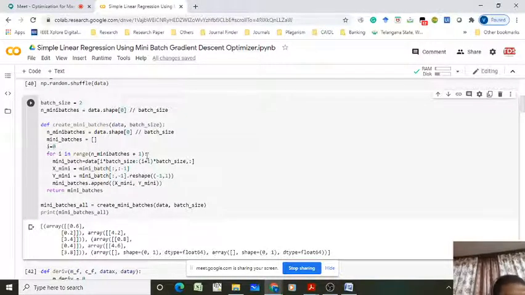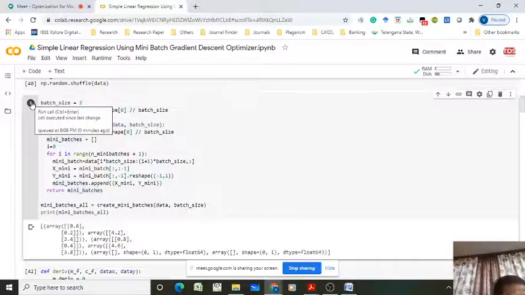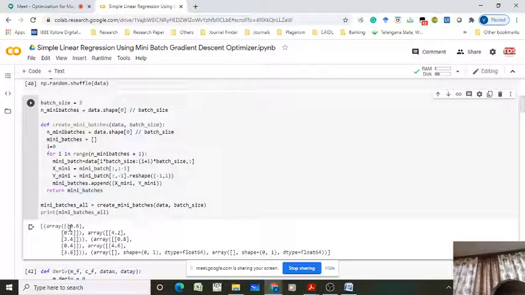This complete code you have to explore, no problem. If you are not able to understand, please let me know. This complete code is to generate the mini batches, small batches. If you execute this one, you will get one batch: 0.6, 0.2, 4.2, 3.4 are one batch.